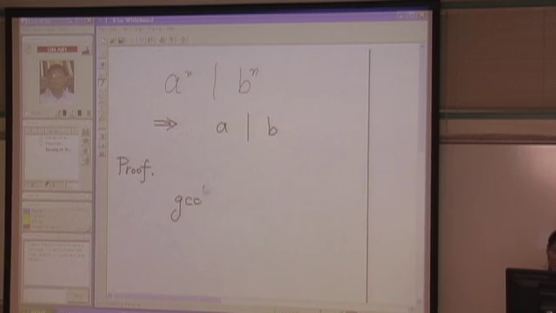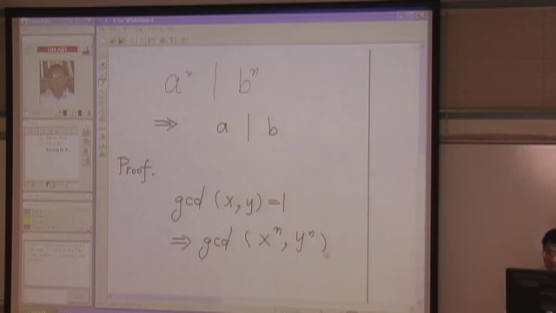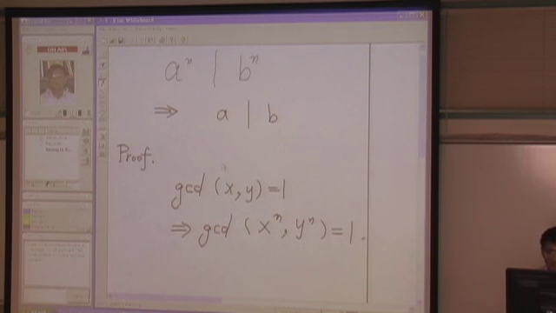If GCD of x, y is 1, then the greatest common divisor of x to the power of anything, y to the power of n, equals 1. I proved this last time. So on top of this, I will prove this fact. First of all, we will consider